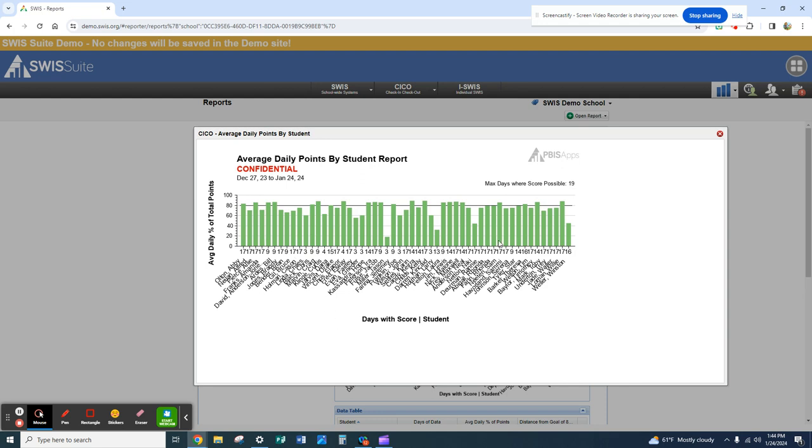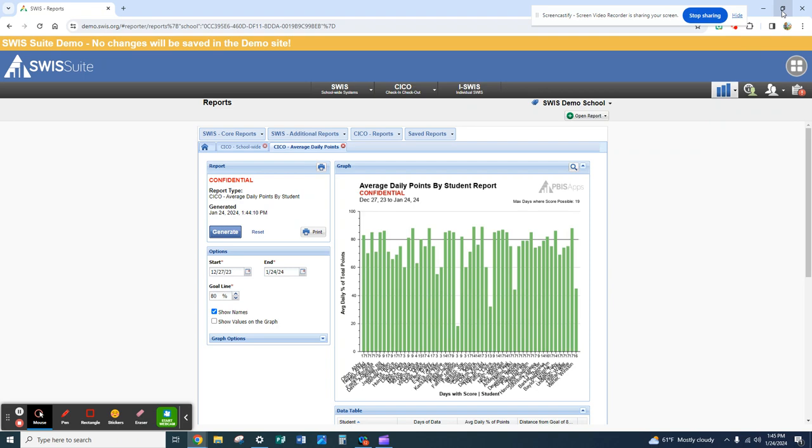So these are all of our students and their average daily points. And so what we want to look at is students who have more than 10 days and are close to or over 80%. And then separately, we look at students with less than 10 days in and see where they're at. And we may have some students that we're concerned about, so we will be looking more closely at those. So let's take a look at,